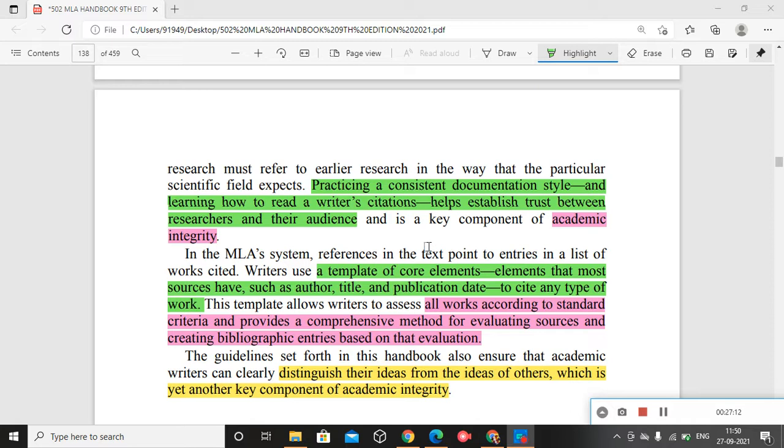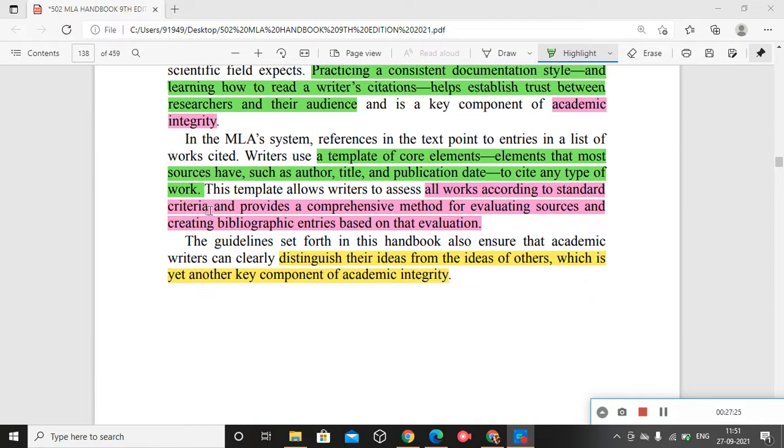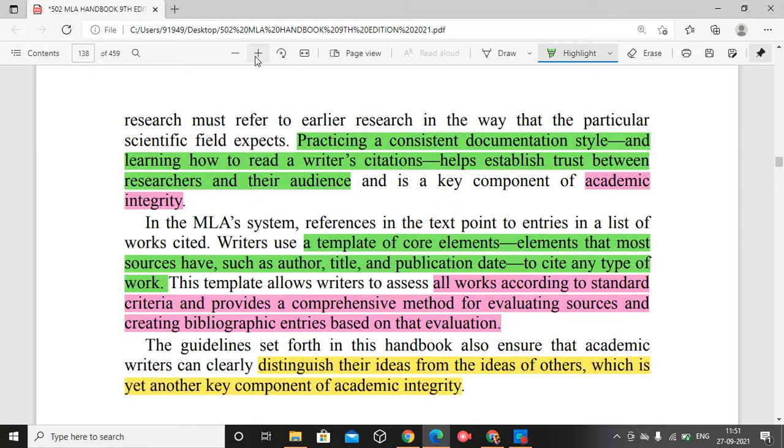Otherwise, you have to meet with the consequences of plagiarism. Nasty crime. That is it. So academic integrity is very important as far as any sector, any writing, anything is concerned. Here in the MLA system of reference, in the text, now it's a list of entry of works cited.